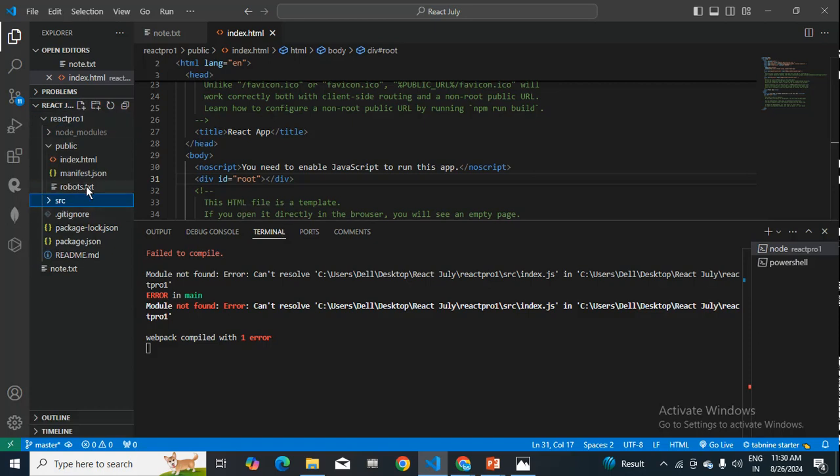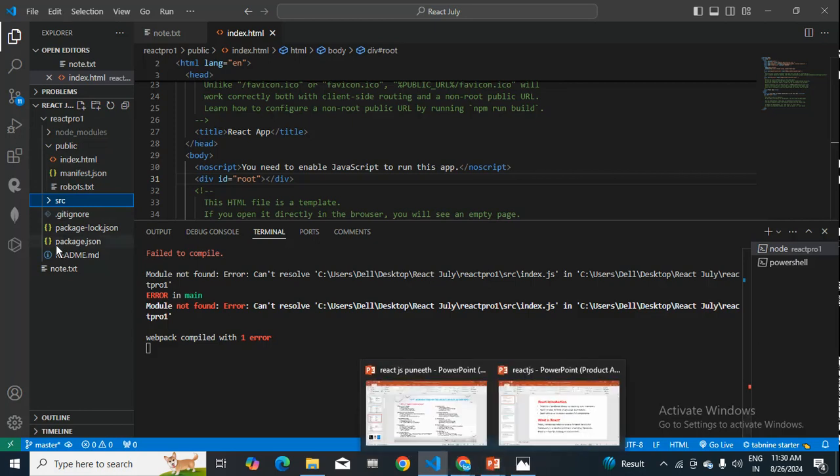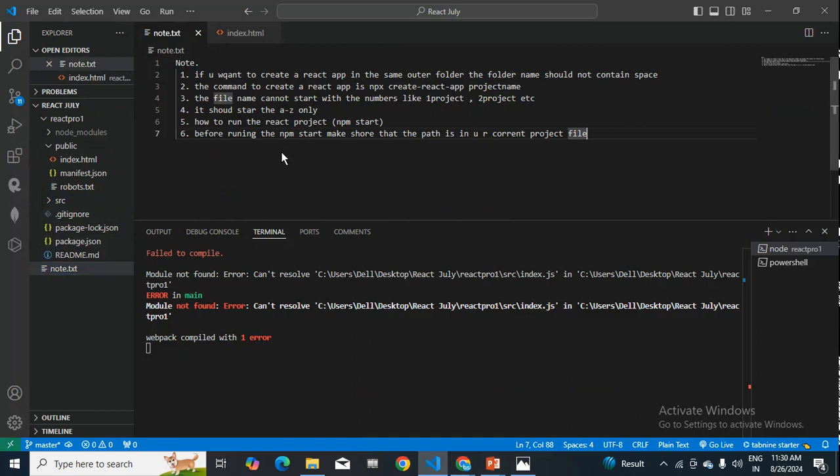Okay, and while creating this src folder, I'll note some of the points. Seventh one is, while creating the src folder inside the React project,